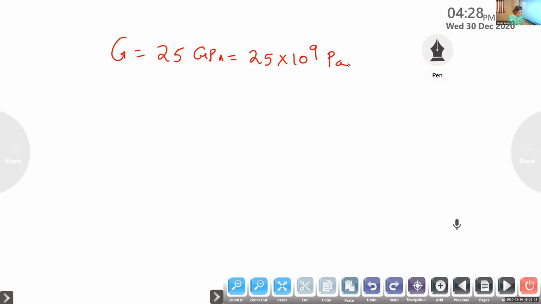When a mass of 100 kg is attached, the aluminium cube, whose total length is 10 centimeter, naturally there should be an effect of the force over there. So mass is given to you. Therefore, the applied force is equal to mass into